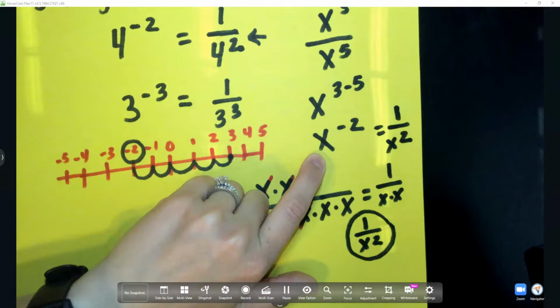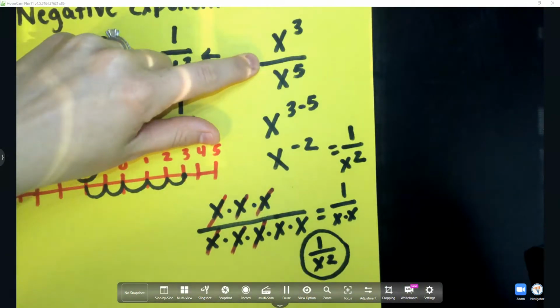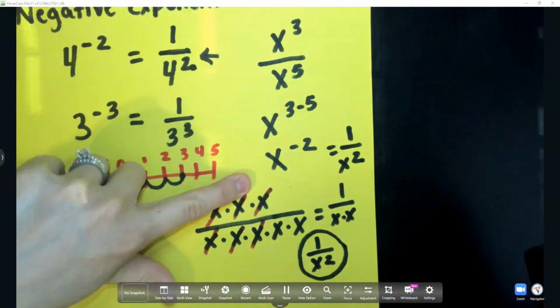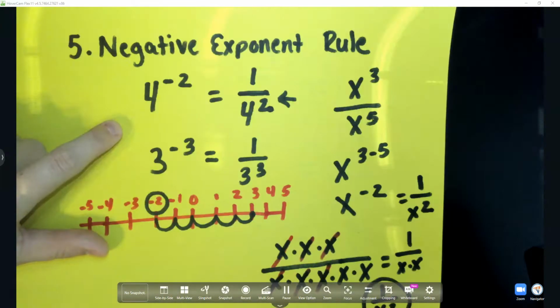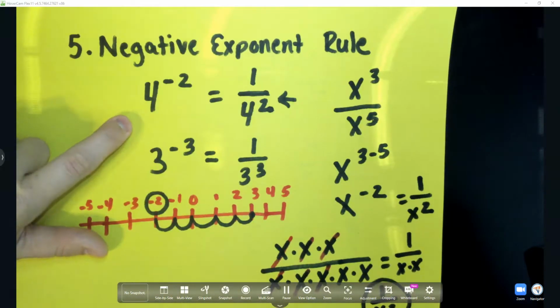Okay, so we were able to use our quotient rule and what we know from our quotient rule to help us solve the negative exponent rule. This one is probably the most tricky of all, so let's